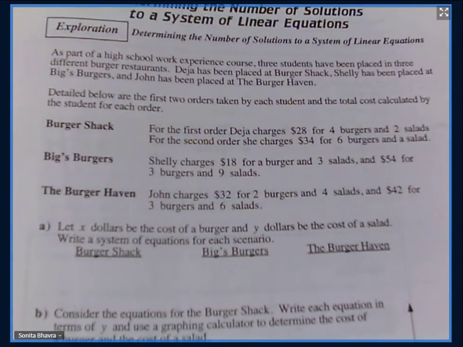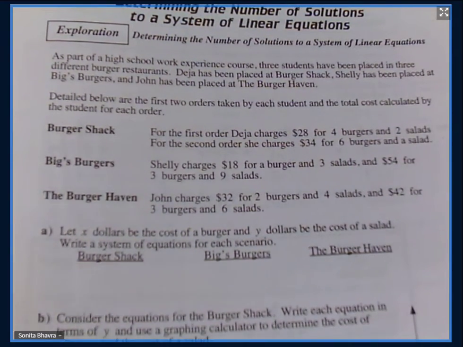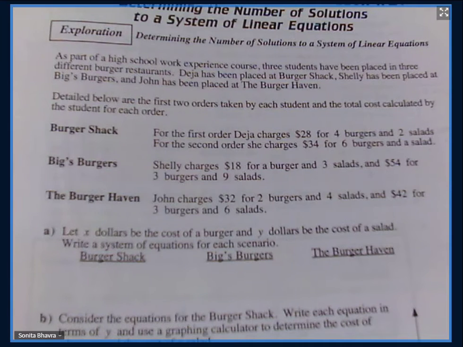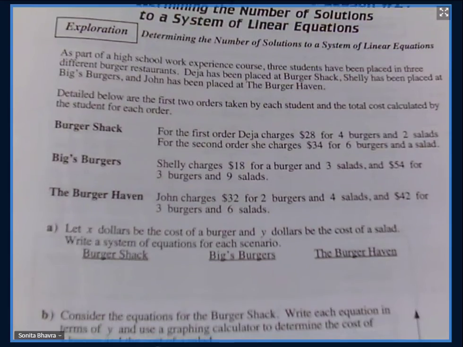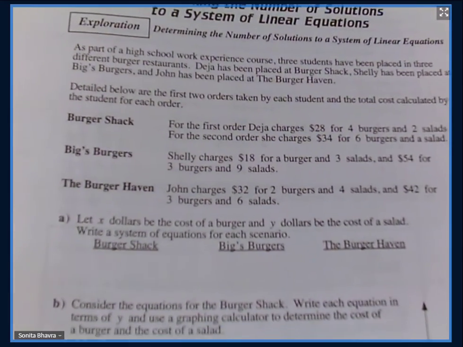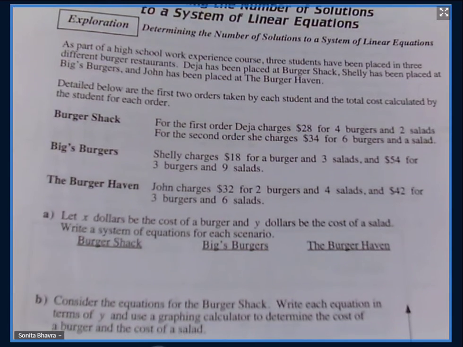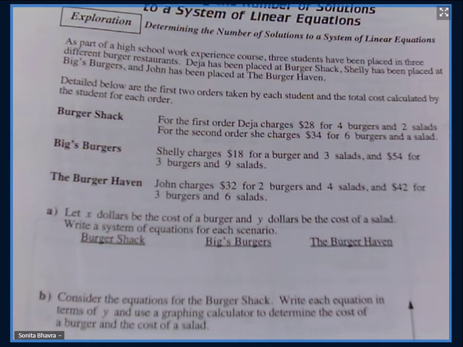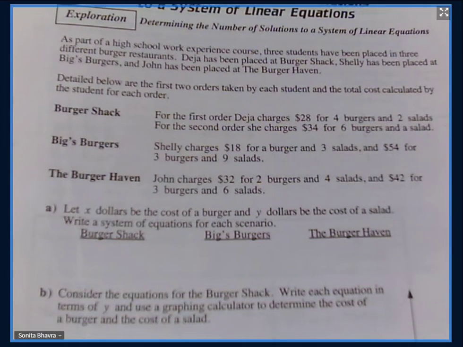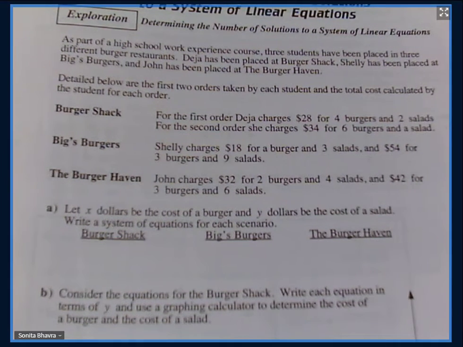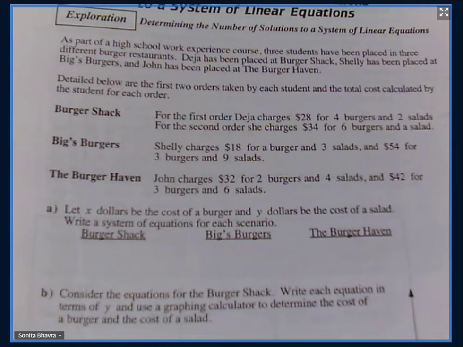All right, so this last example we're going to look at is from a previous module. This is from lesson 2 in Systems of Linear Equations, page 621. So I'm just going to read this out and then we'll work through it. As part of a high school work experience course, 3 students have been placed in 3 different burger restaurants. Deja has been placed at Burger Shack, Shelly has been placed at Big's Burgers, and John's been placed at Burger Haven. Detailed below are the first 2 orders taken by each student and the total cost calculated by the